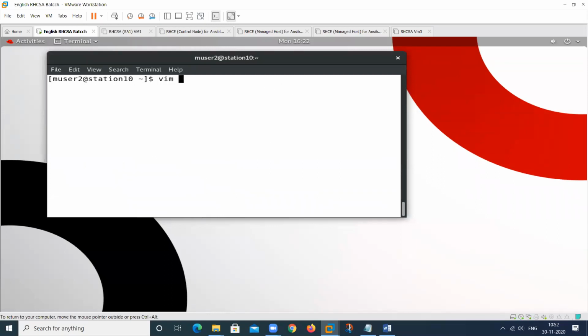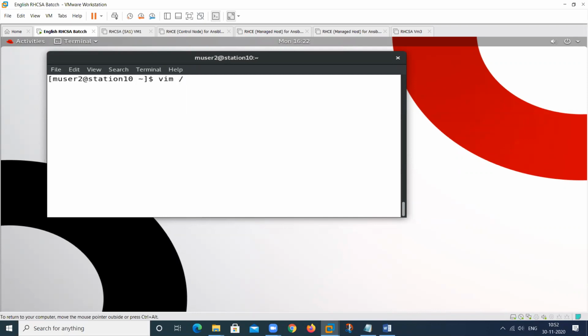Then, for any type of editing, which particular command do we use? The Vim command. So Vim is a command to edit any file, not user, any file.